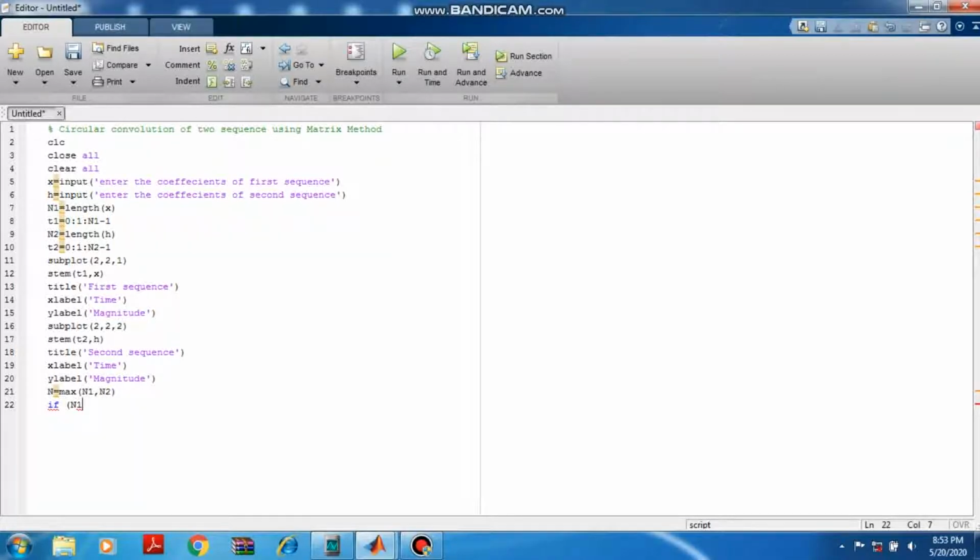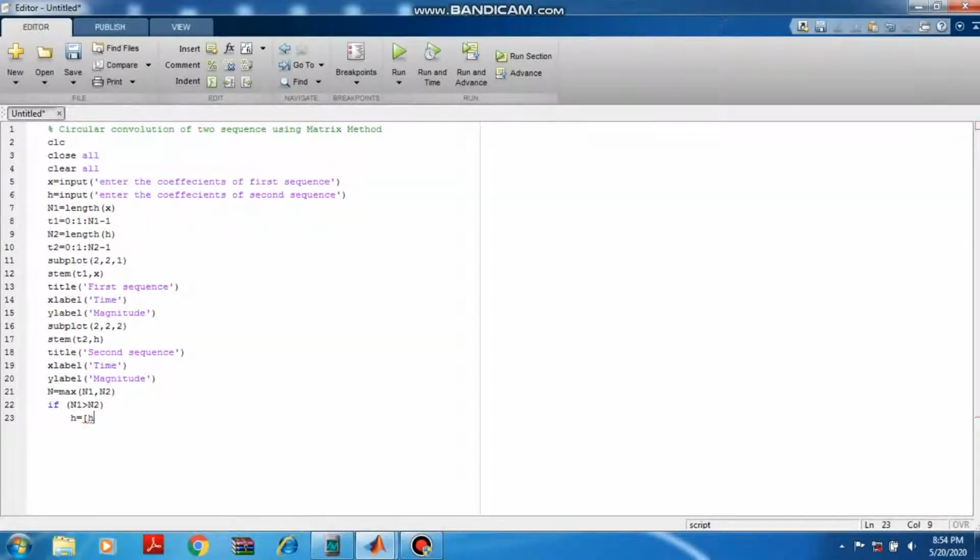So I have to put 1 1 1 0 for the second sequence, to make the two sequences equal. So what I'll write: if n1 is greater than n2, then it has to append zeros to the existing matrix.